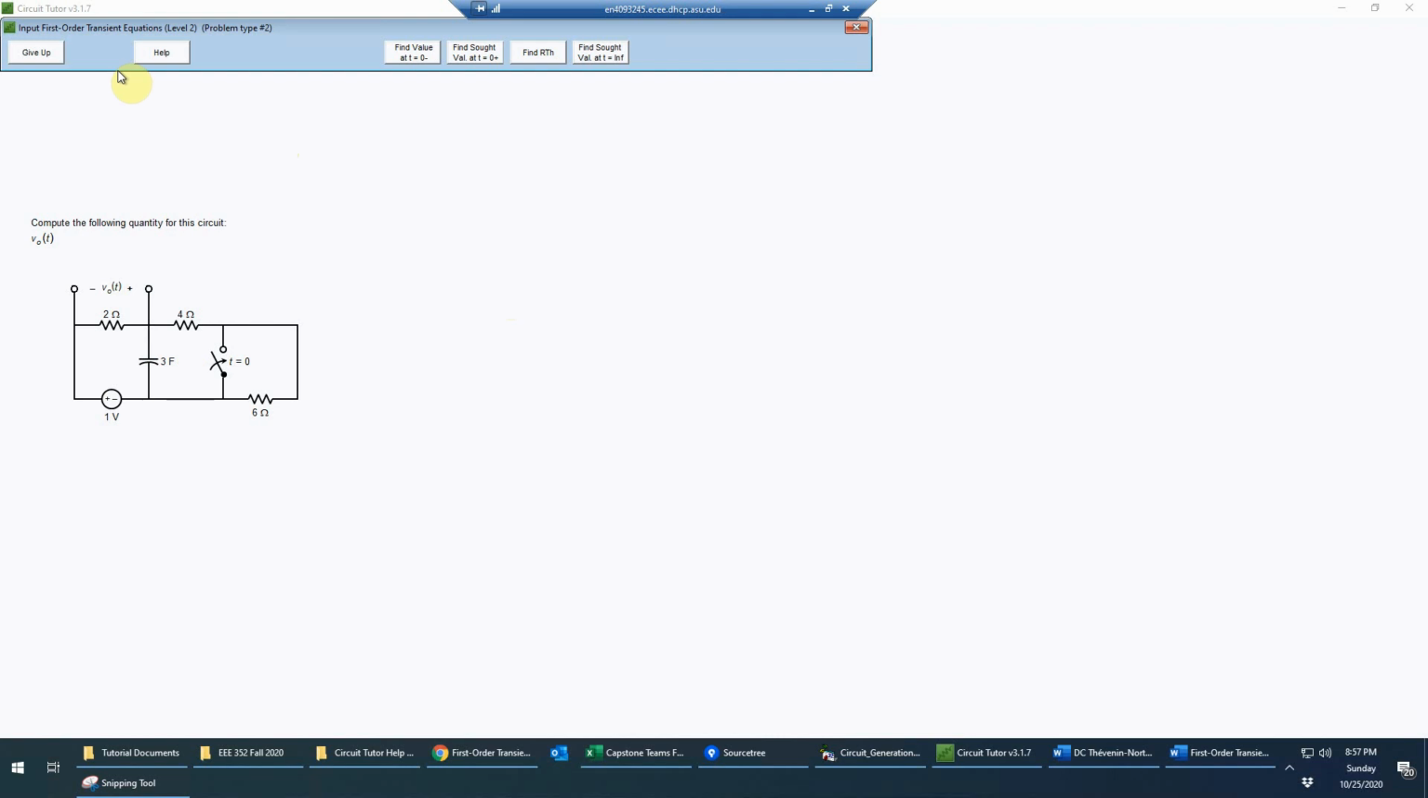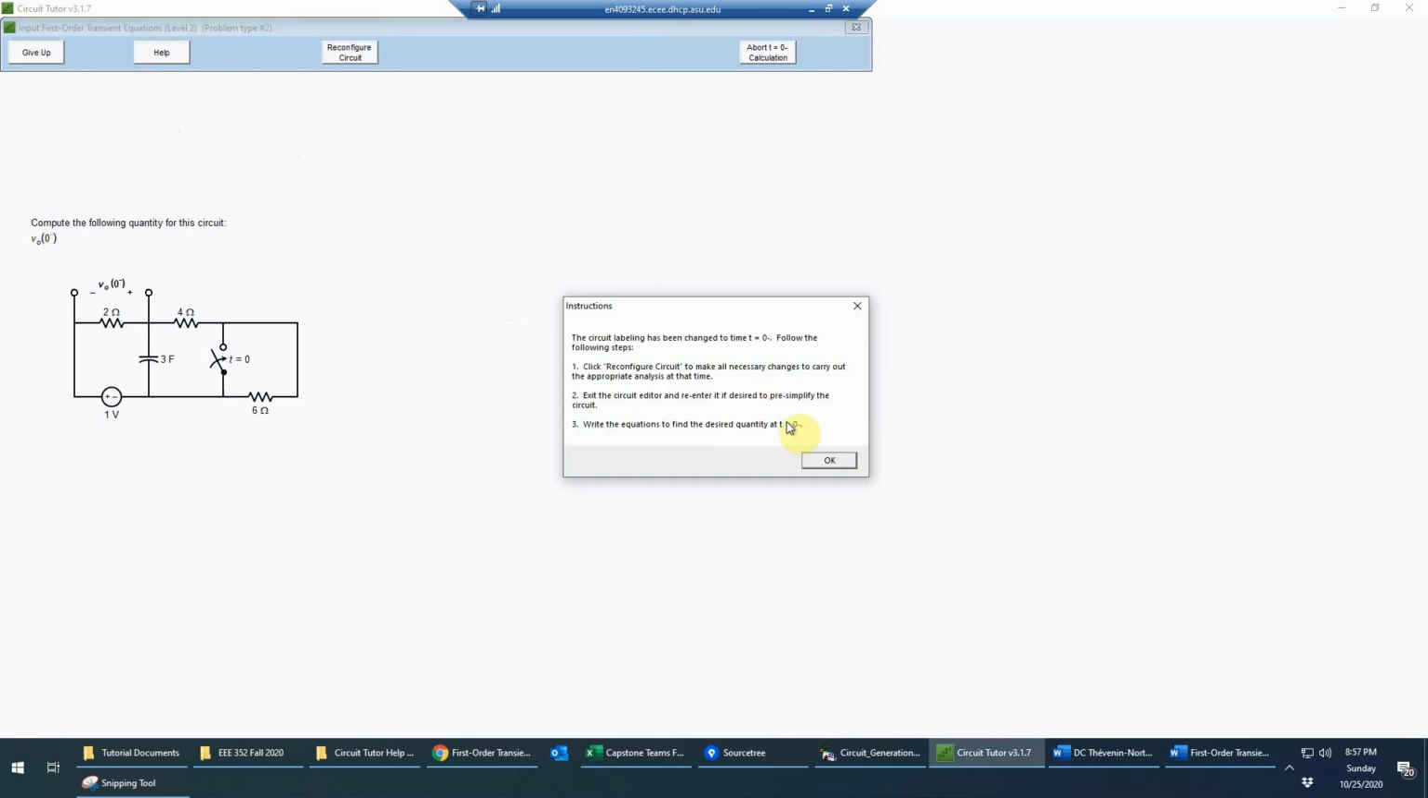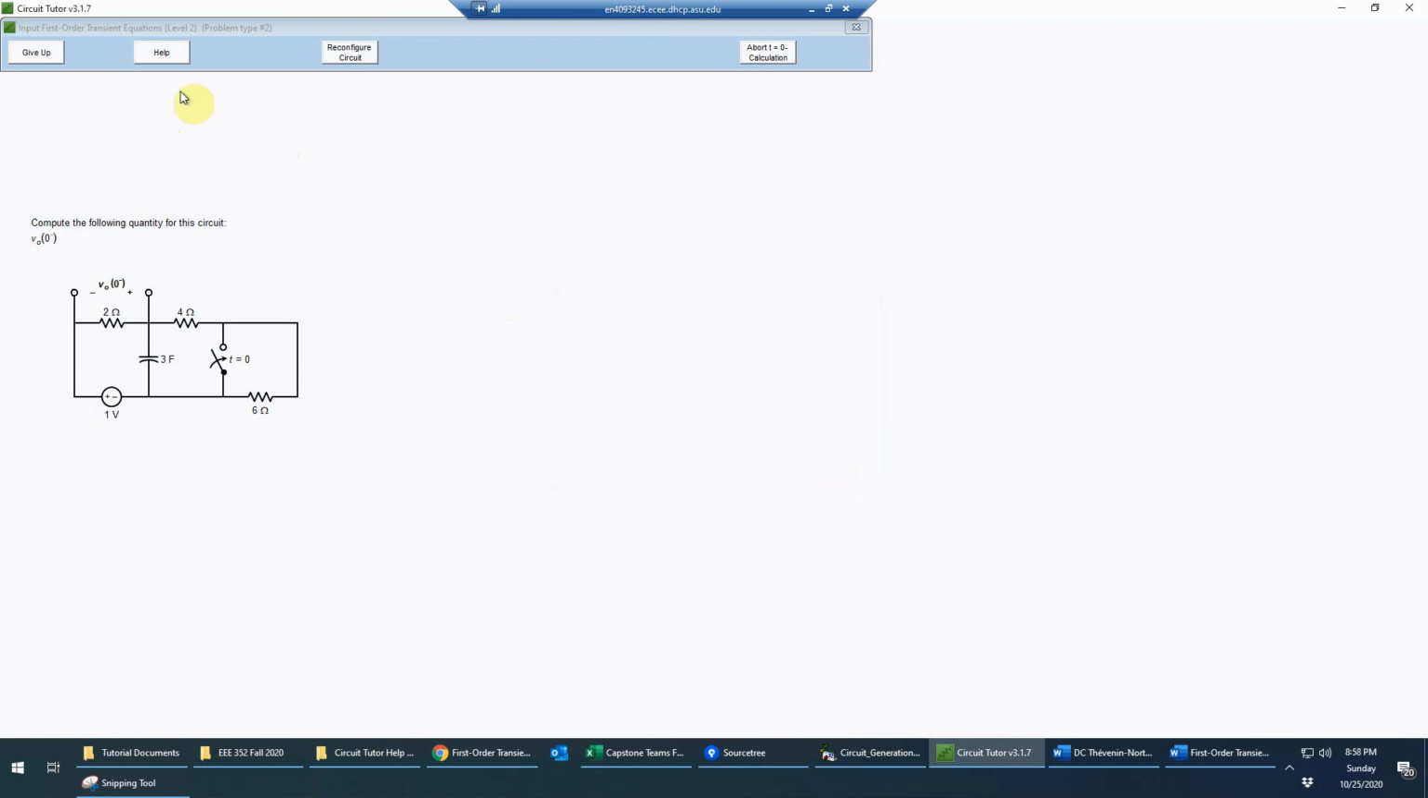So let's begin, and of course we can always give up if necessary without any penalty, and there's help available. So let's begin at t equals 0 minus. The circuit labeling has been changed for t equals 0 minus, and we need to reconfigure the circuit and then edit it and analyze it as necessary. So we begin by reconfiguring,